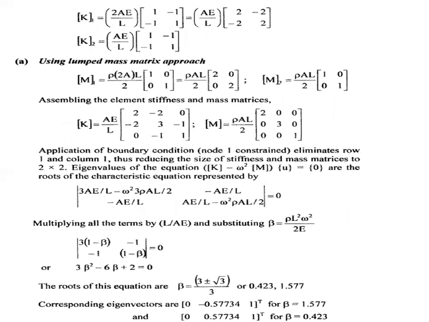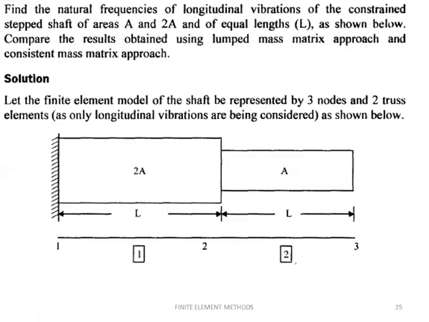Once you discretize this problem into two elements, it is possible to find the first element stiffness matrix and the second element stiffness matrix. Once you have found them, you should combine the two individual element stiffness matrices to get the global stiffness matrix. We know the procedure for how to assemble the global stiffness matrix.